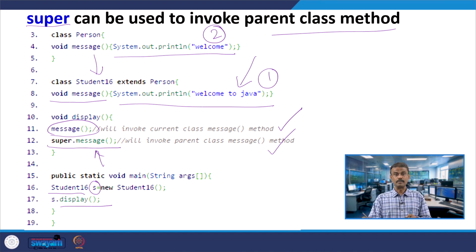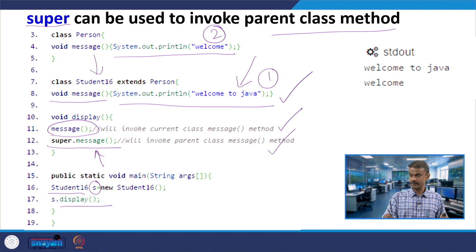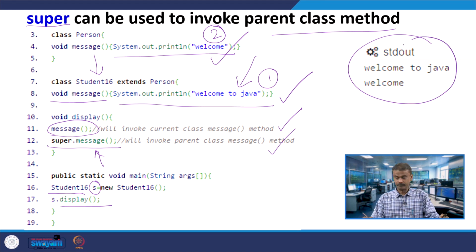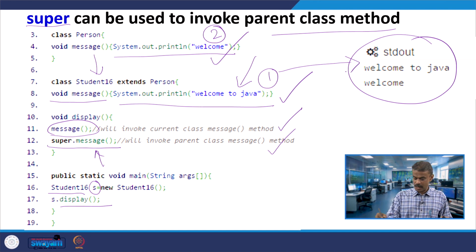When I run the code, I get the output: welcome to Java, as we expected, first, and welcome as the second output.